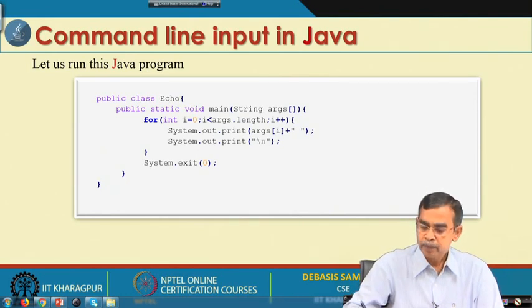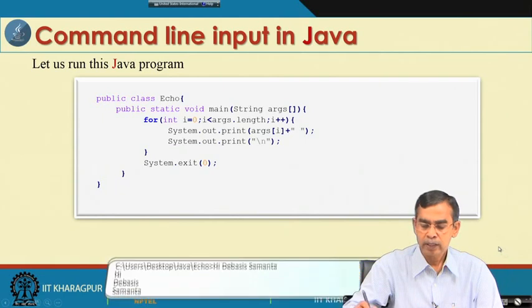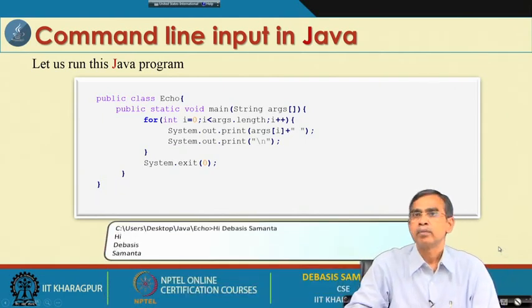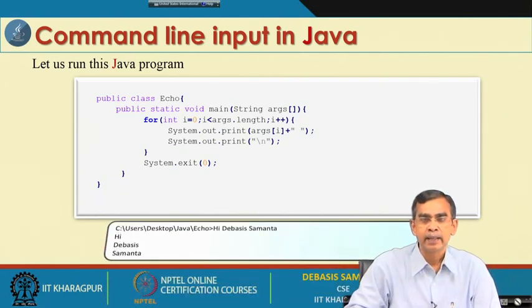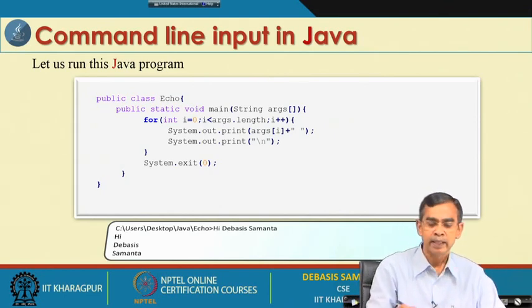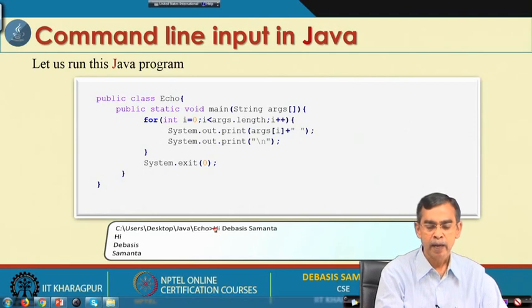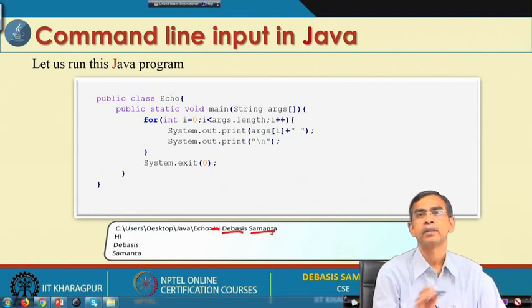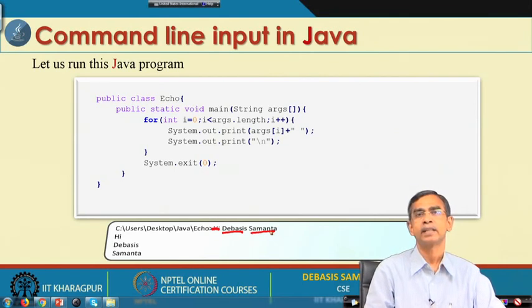So, we can run this Echo.class from your directory, and while you run this, earlier it was just java Echo, but in addition to this java Echo, you can type anything. For example, here we can run this program Echo and then give 3 inputs: Hi, Devashish, Samanta. Then it basically takes the 3 string objects.